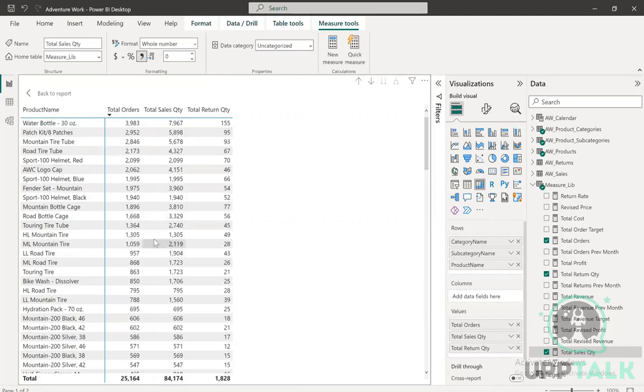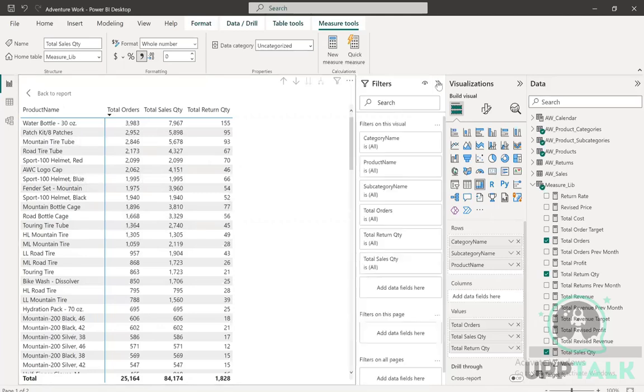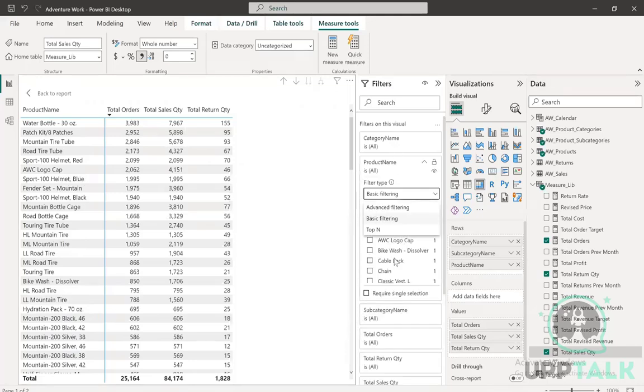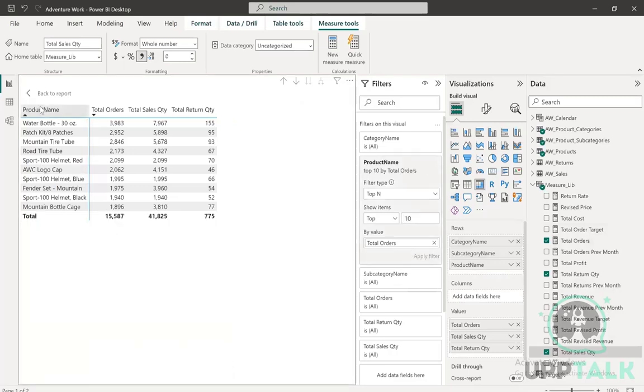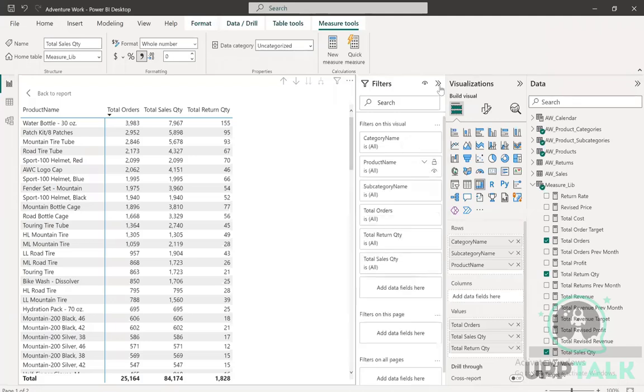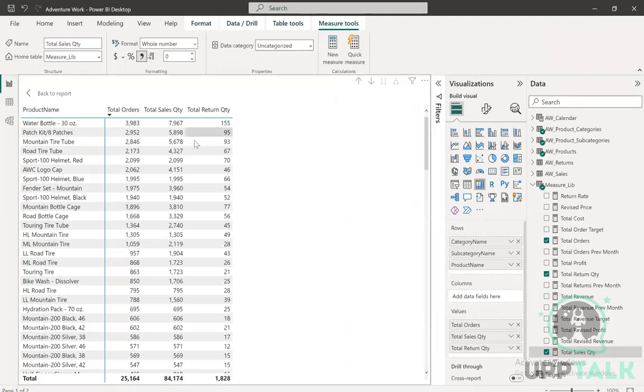Now if you want to analyze the top 10 products that you have, the top 10 orders, you can do that as well. So instead of category name, let's say on the product name I can do a top N analysis, and let's say I plug in this total order and I say only show me the top 10 orders and apply this. You get only the top 10 orders. Okay, but that we don't need. We'll see better details of top N analysis later, but at this point we have the total order, total sales quantity,